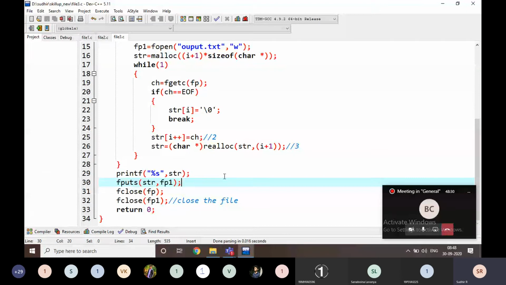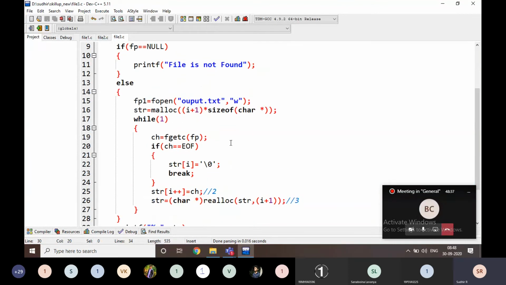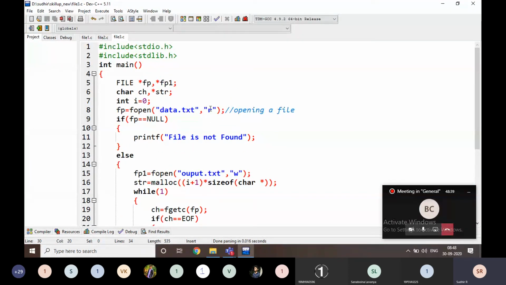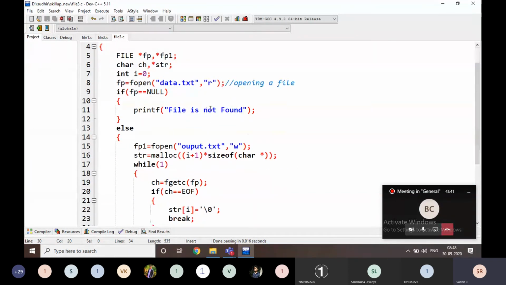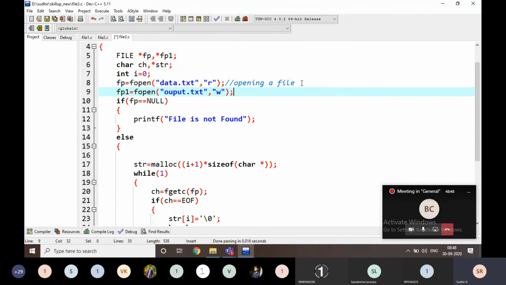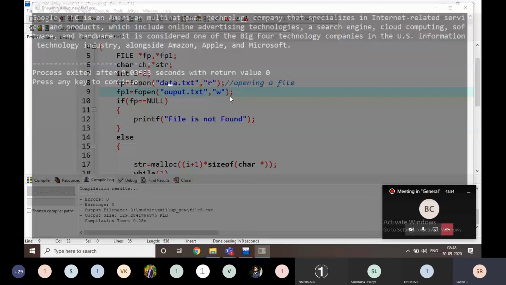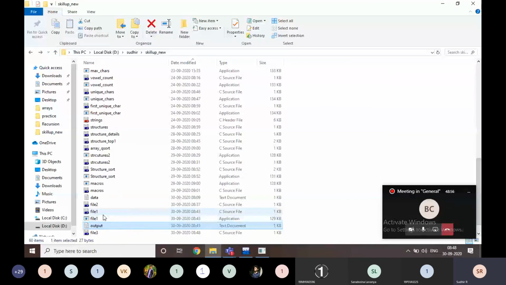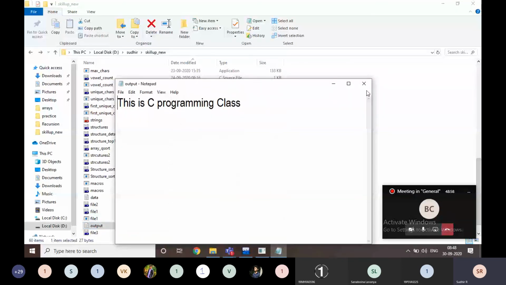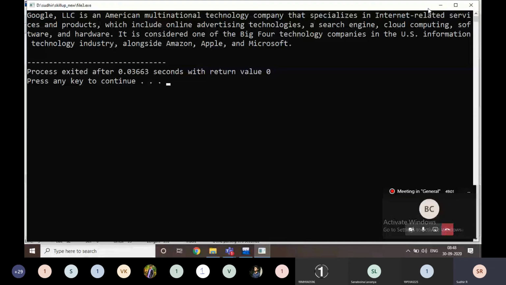Data is not moving here. Here when the file is found, we are going to open the file here. F1 is equal to output of like this. It is not overwriting the data.